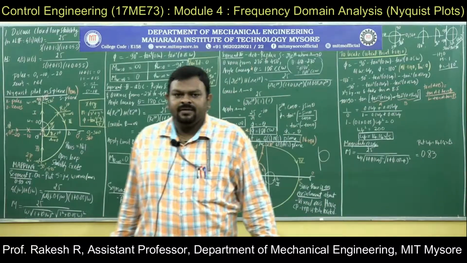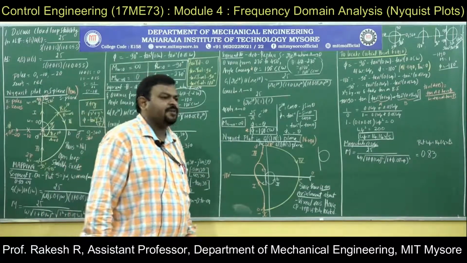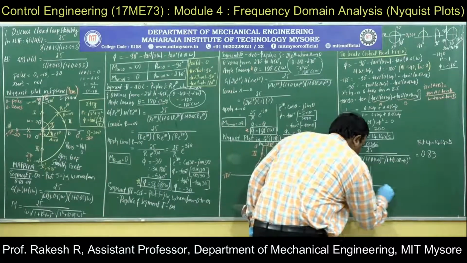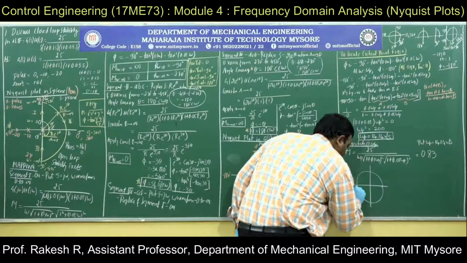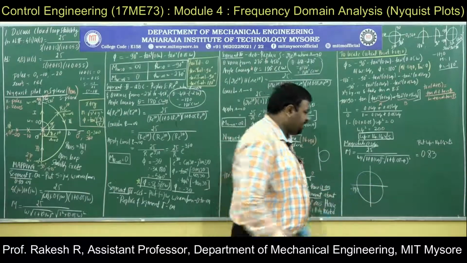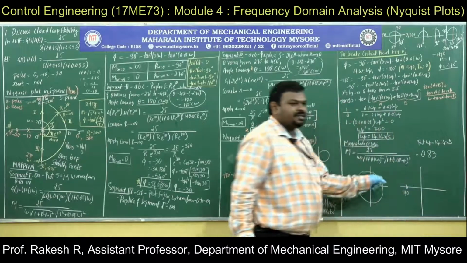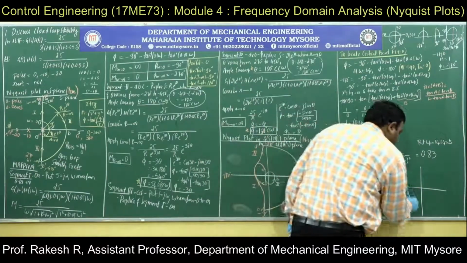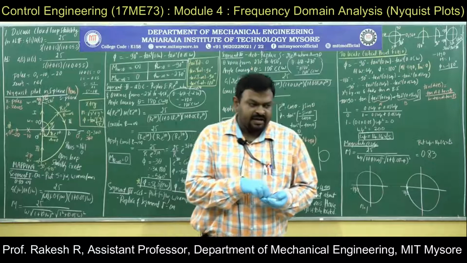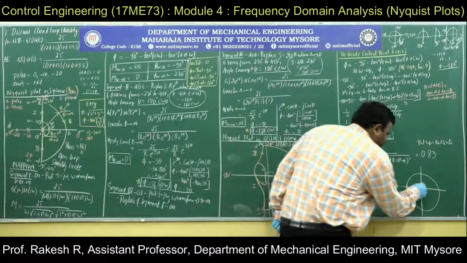We have a magnitude plot. The magnitude plot for this will be explained in the concept of frequency domain specification. So whenever you have a magnitude, this is minus 1 plus j0, and this is the magnitude M equal to 1 circle. Initially, always first you locate the critical point minus 1 plus j0. What is the magnitude at minus 1 plus j0? It is a circle. So this is the magnitude 1 plot.